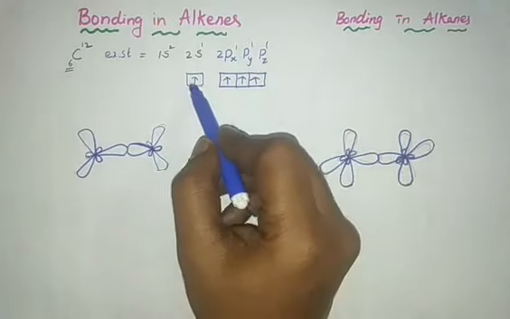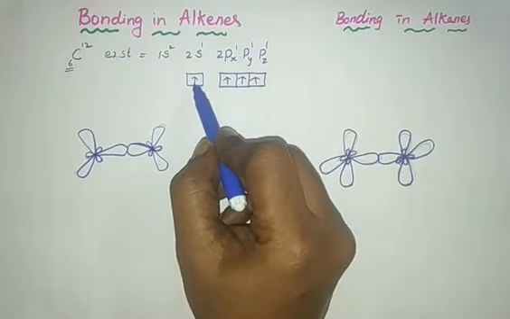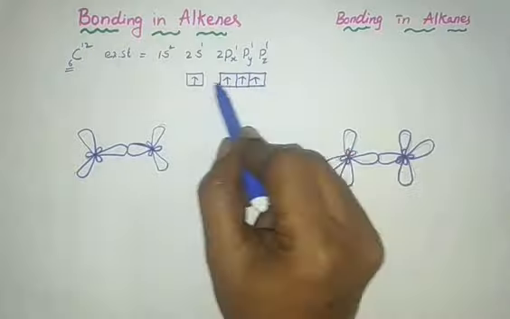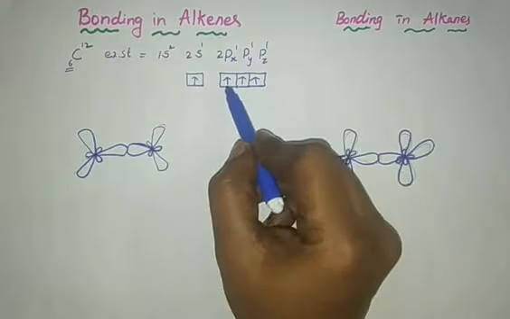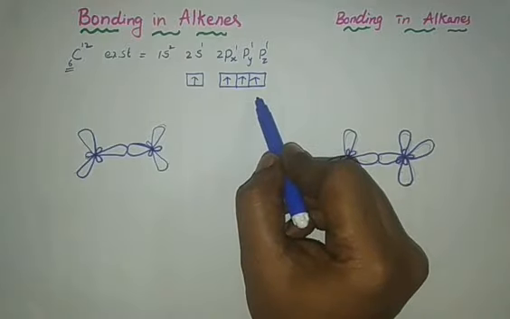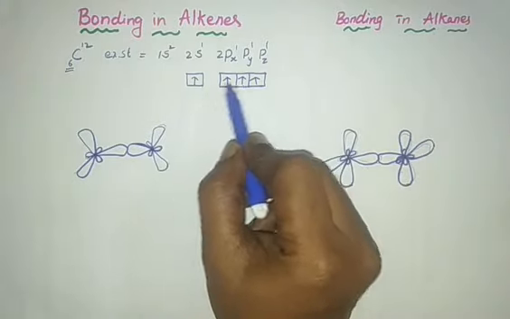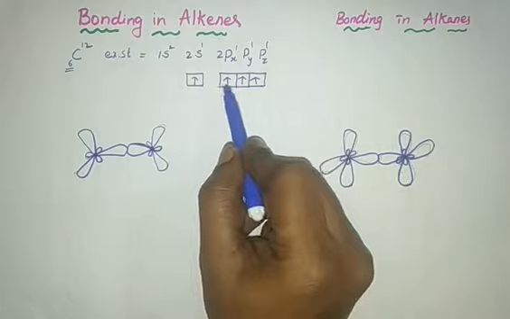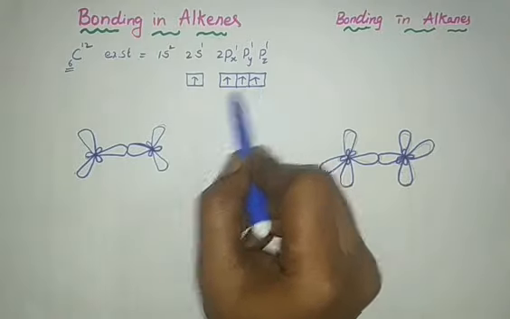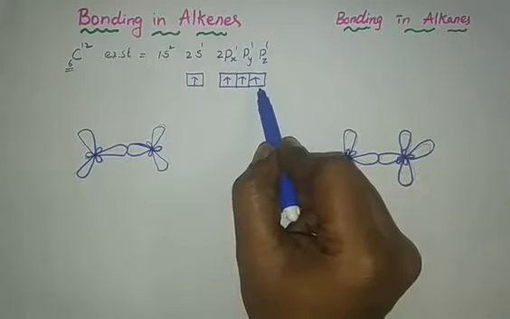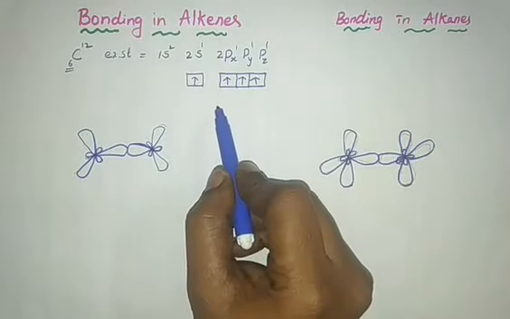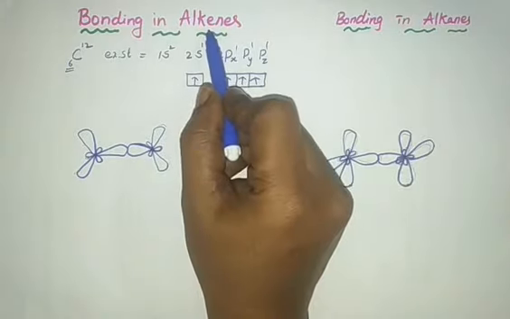And here, if you write the electronic configuration, there is 1 electron, and like this all 1 electron are distributed here. That's why carbon forms only 4 bonds. It can form only 4 bonds because in its excited state only 4 electrons are distributed. Therefore, taking 1 electron from the other atoms, it will form only 4 bonds. Right. In alkenes, then how does this bonding take place?